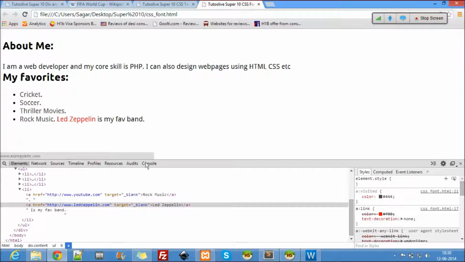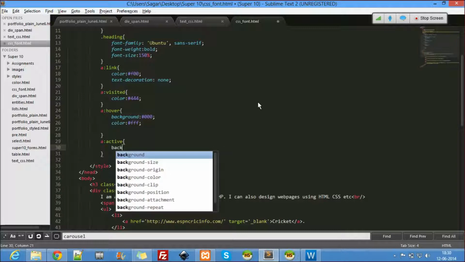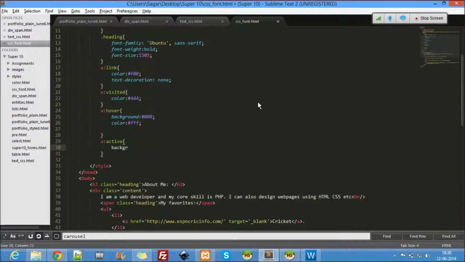This is the hover state. Then the last state is active. a:active. I'll show you guys what exactly is active. For active, background, I'm gonna use a red background and white font.